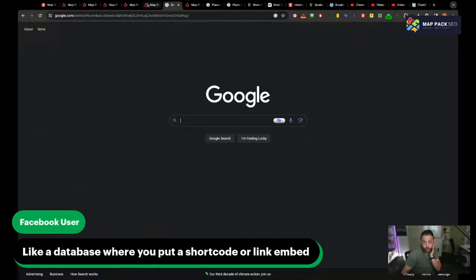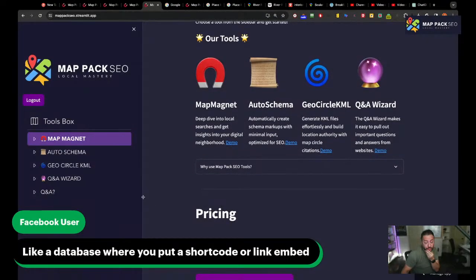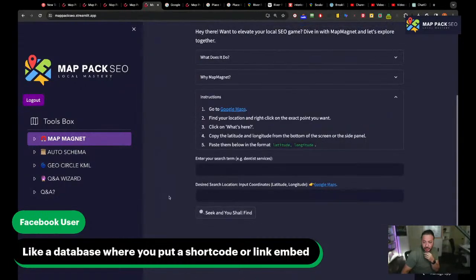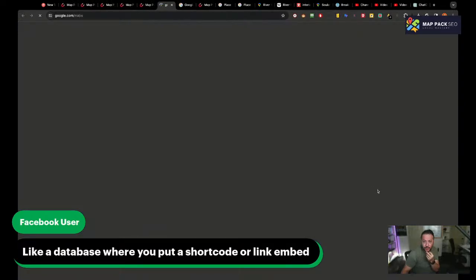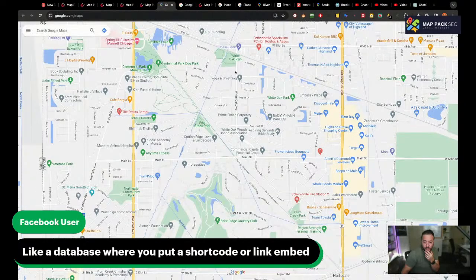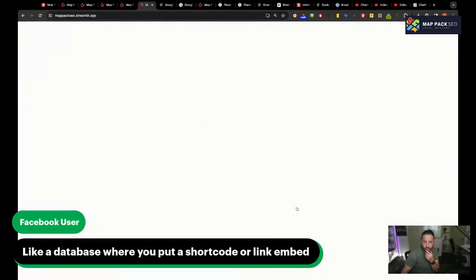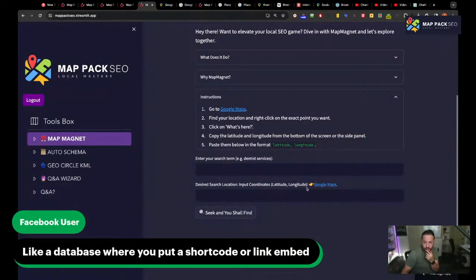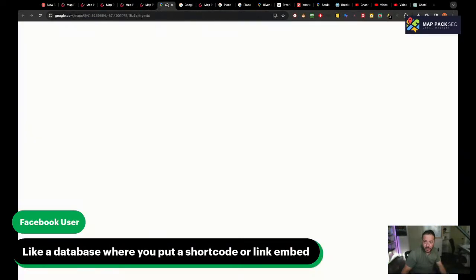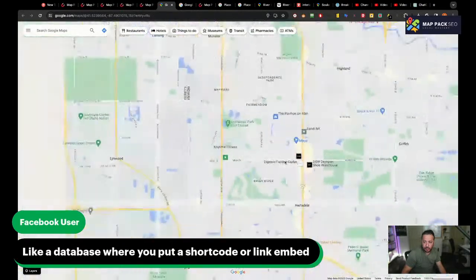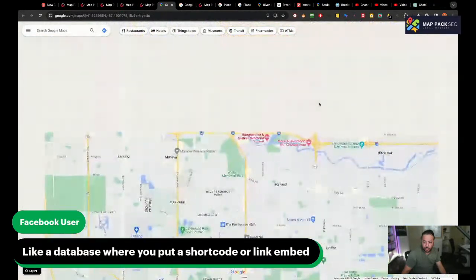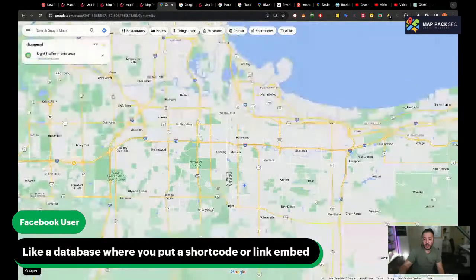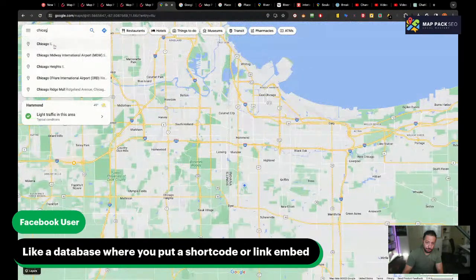Or if you would like me to go over any of the tools again, let's go over the map magnet a little bit. The map magnet right now, you click on the Google Maps right here, because we need the geo coordinates. We have to input the coordinates. So let's say we want to see the results from Chicago.